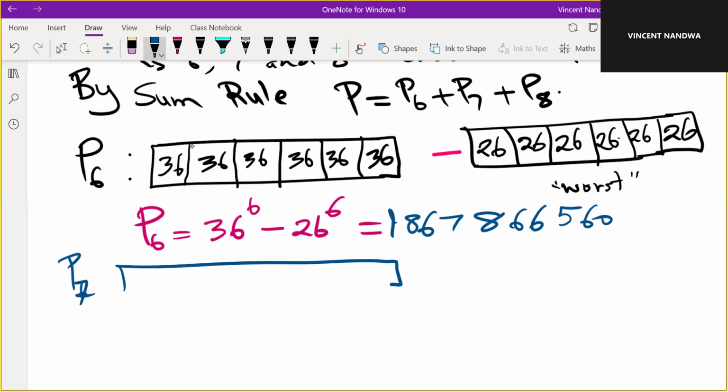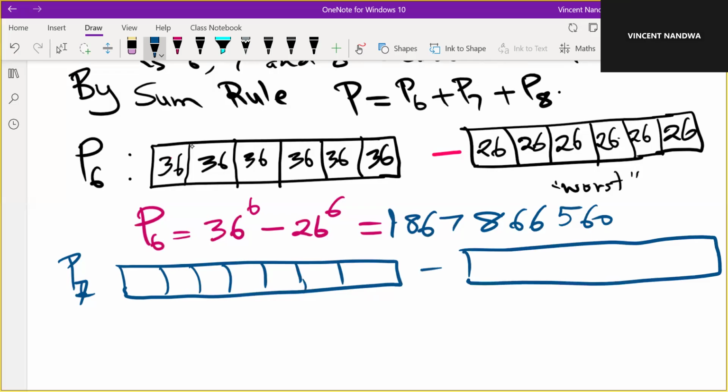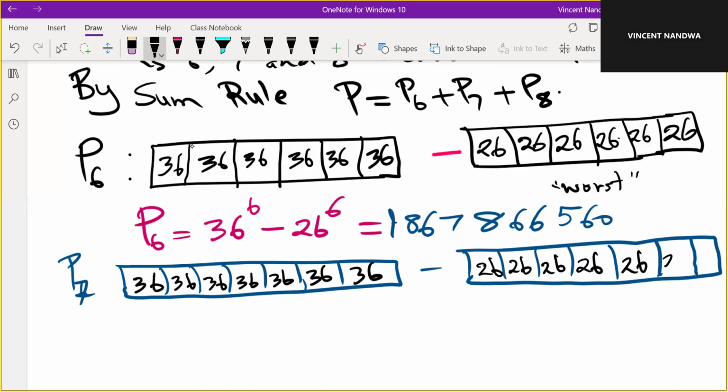a box now with 7 spaces. 1, 2, 3, 4, 5, 6, 7, minus those words which can actually never work, where all the spaces will be having letters. So 1, 2, 3, 4, 5, 6, 7, and actually it has the 6 followed by 6, 6, 6, 6, 6, 6. The other box, 26, 26, 26, 26, 26, 26, okay? So here we will have 36 power